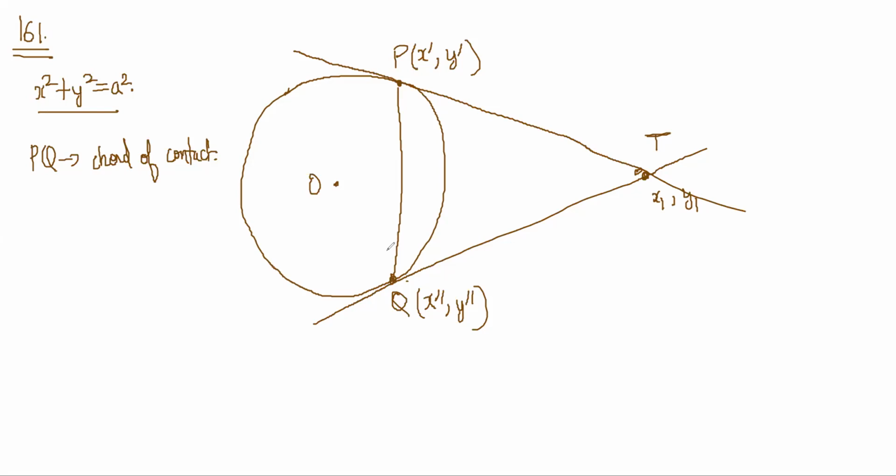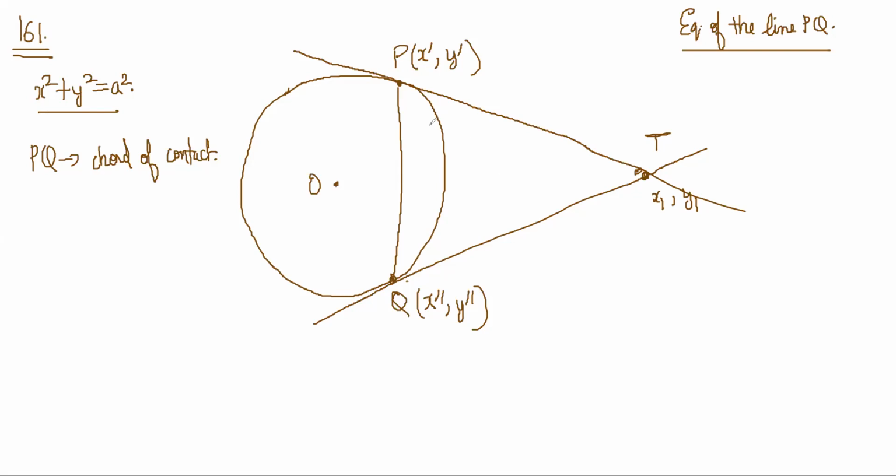Now there are many interesting properties here. What we will first try to do is figure out the equation of the line PQ. Obviously we will not try to do it by solving for x dash y dash and x double dash y double dash. That is going to be very annoying. So we'll not do that. We'll do it in a clever way. SL has a very smart way here, so we'll figure out how.